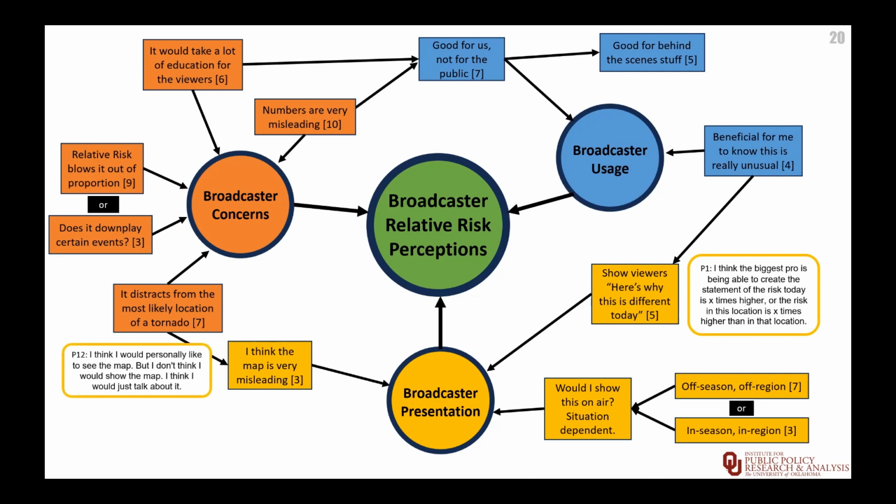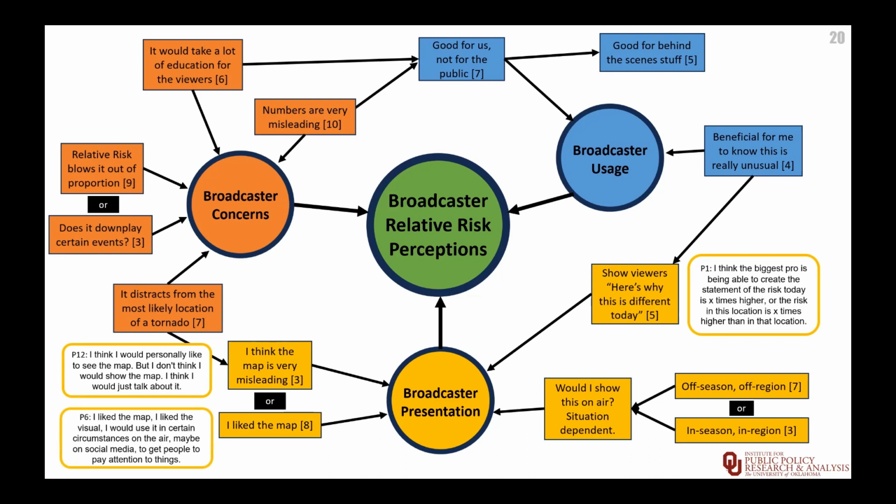They think it's misleading. They might talk about it, but they're not going to show it to their viewers. On the other hand, 8 broadcasters said that they really like the map. So again, we're seeing a lot of give and take here. It's a very personal experience how you might use relative risk. And those broadcasters were saying they might use it in certain circumstances on the air or on social media in particular to get people to pay attention to things. So it might be useful as an eye grabber, get that attention, get people thinking about their tornado